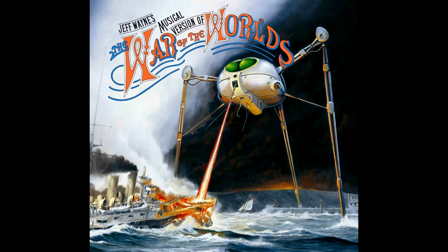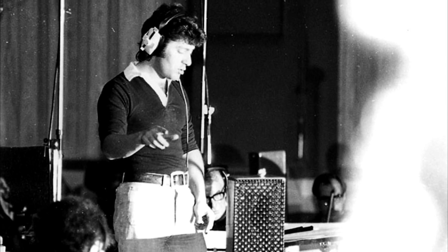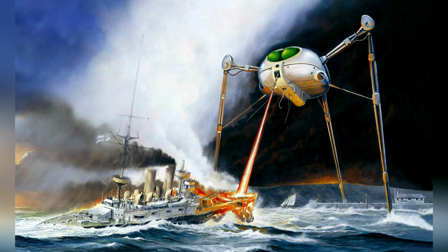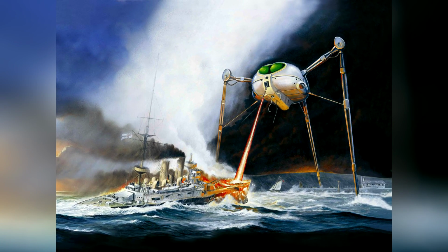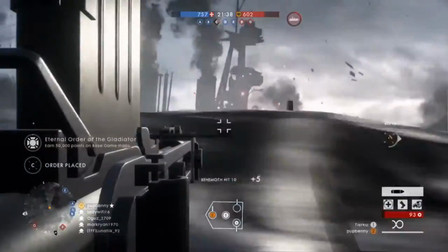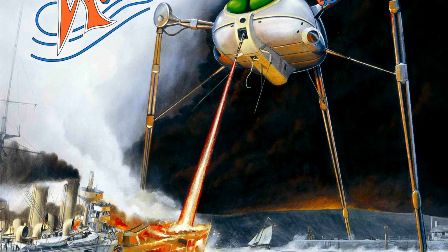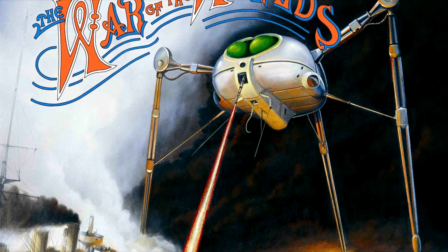Jeff Wayne's musical version of The War of the Worlds produced not just an epic soundtrack, but also easily one of, if not the most iconic depiction of the fighting machines that's ever been designed, showcased in the concept album's legendary front cover. This phenomenal picture perfectly portrays perhaps the most visually impressive action scene in the story, with the Royal Navy's HMS Thunderchild being melted by the heat ray of what is generally referred to as the Jeff Wayne